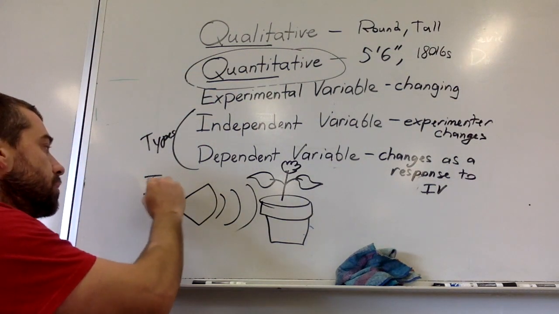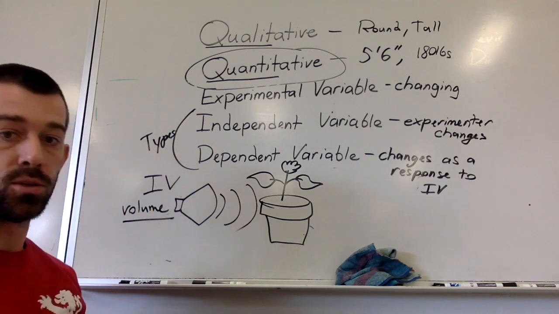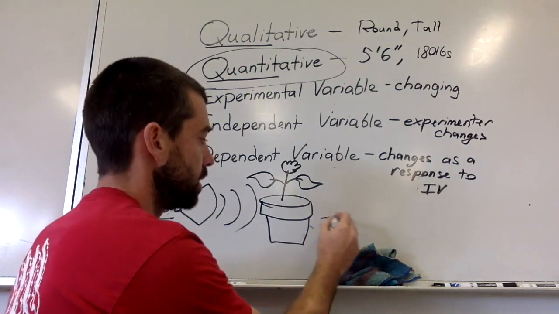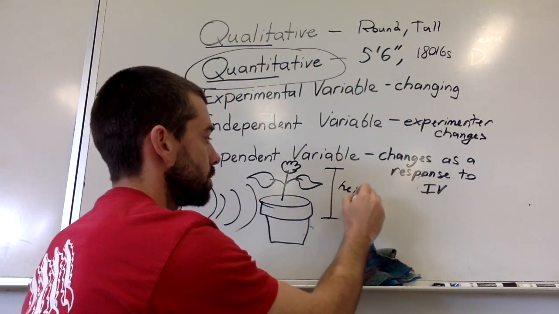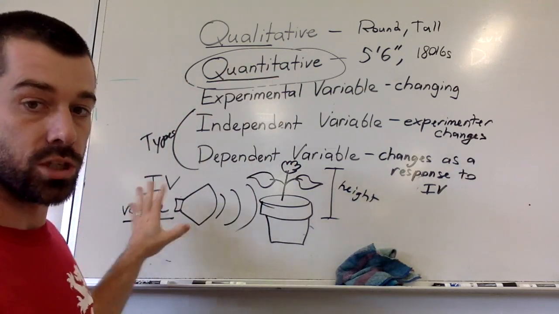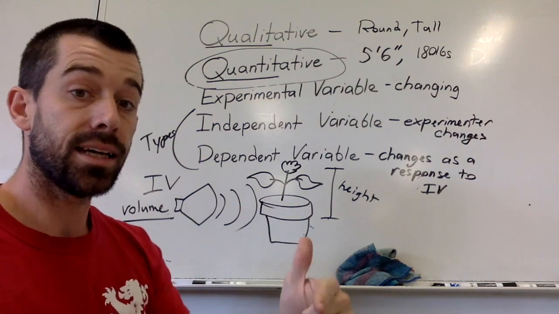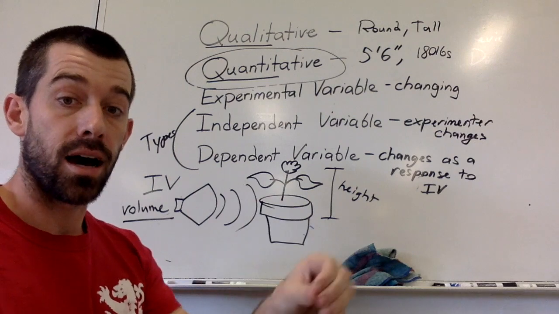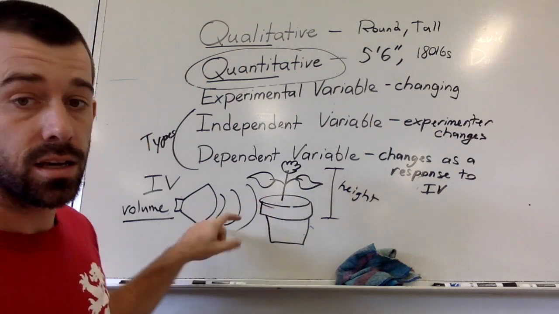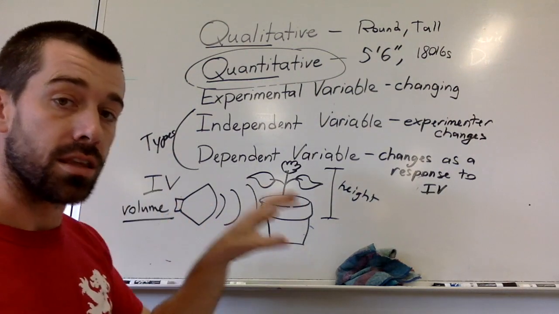And so our independent variable would be the volume of the music. That's what we're changing. The dependent variable might be the height of the plant, how high it grows. We change this, and that changes in response. Anything else would be a constant, something that we do not want to change. So the type of plant, the distance between the speaker and the plant, the type of music, these would all have to